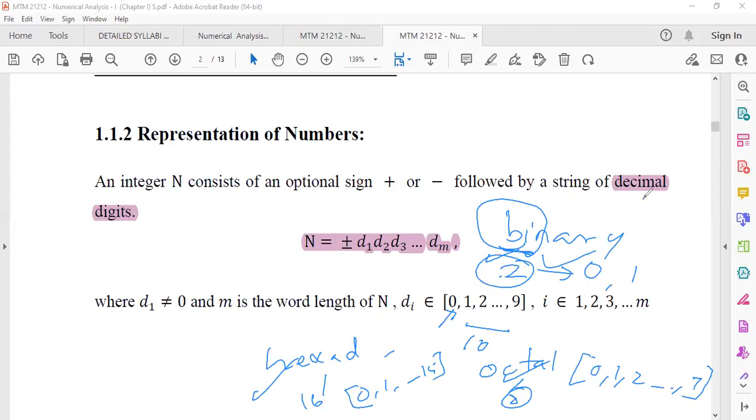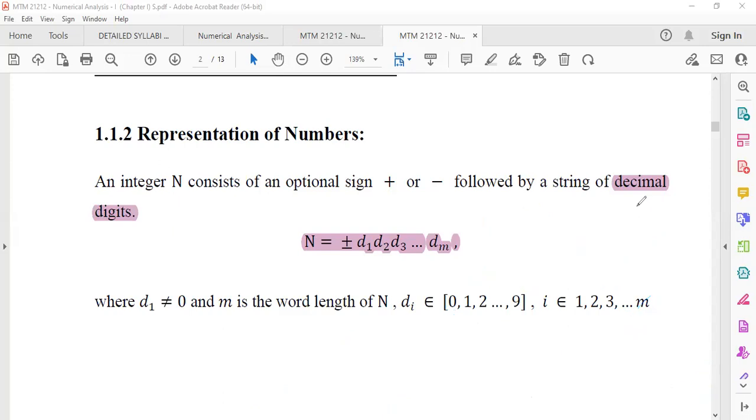We can convert decimal to binary and binary to octal. Everything we can convert to one common form. Anyway, here we are going to consider only the decimal, which is what we use for our daily usage. Decimal numbers are represented this way: N is equal to plus or minus